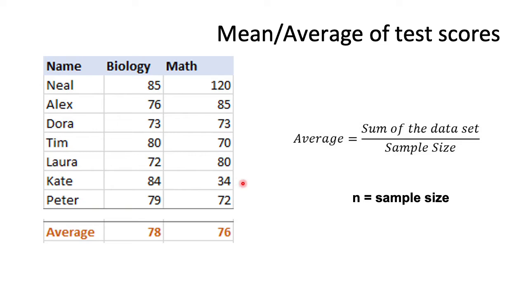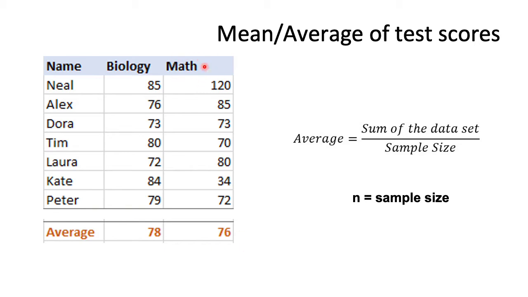For example, 34 is very far from the average, and so is 120. That's about 50 points away from the average, and this one too, 50 points away from the average. So it looks as though the scores have more variation because they spread apart even farther from the average. And so even though it seems as though the students performed similarly in each exam,